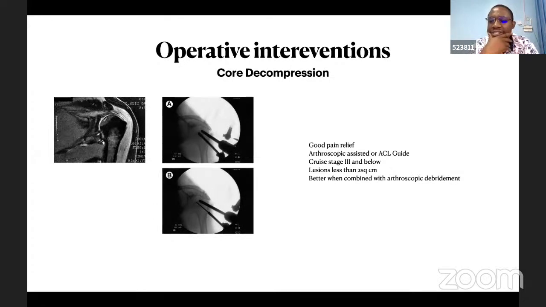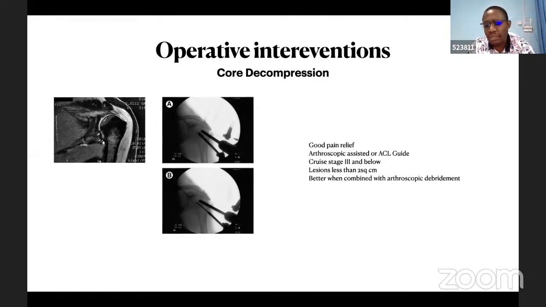This is for Cruess stage 3 and below. Once you are above Cruess stage 4 and 5, it's unlikely that you will get good pain relief in patients with AVN. The outcomes become better when you combine this process with other procedures like